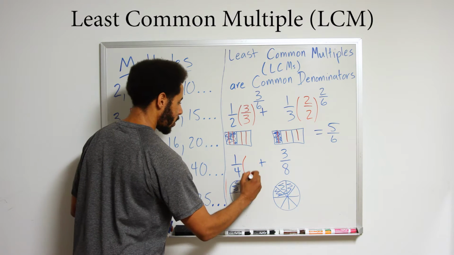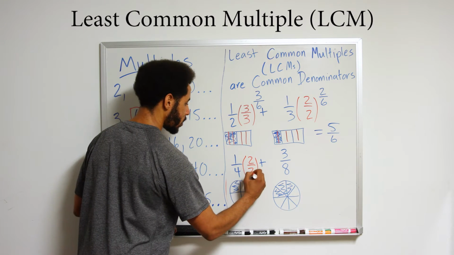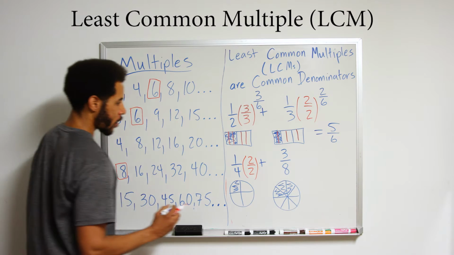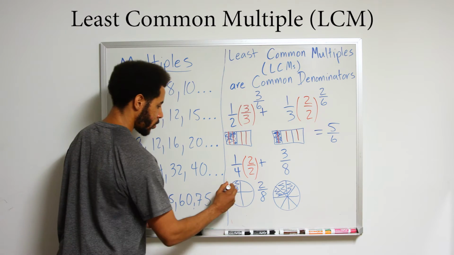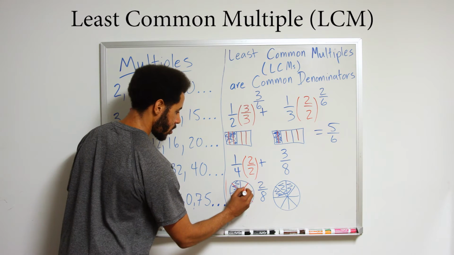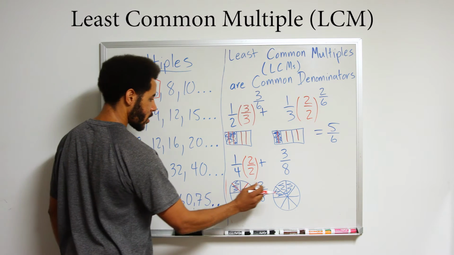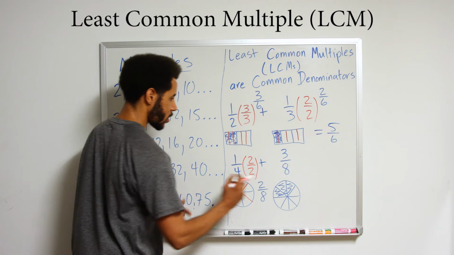So what I'm going to do to make a common denominator is multiply this by 2/2. We now have 2/8, which is equivalent to 1/4, as we can see here. We're going to add those 2/8 to these 3/8, and altogether